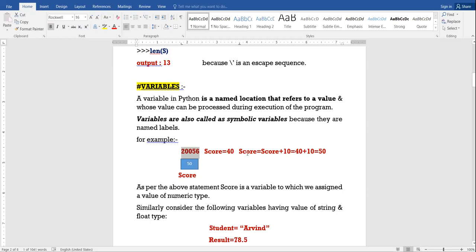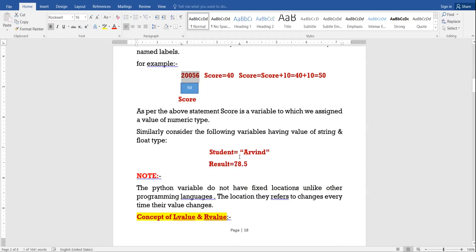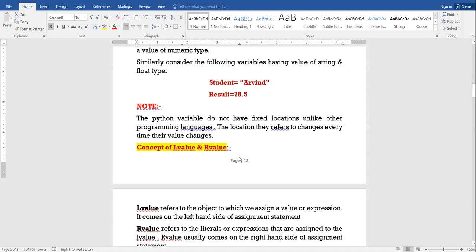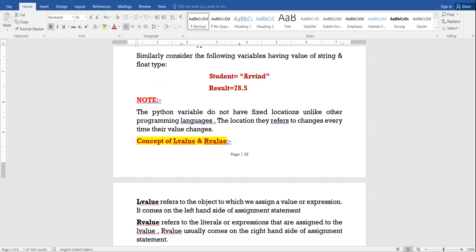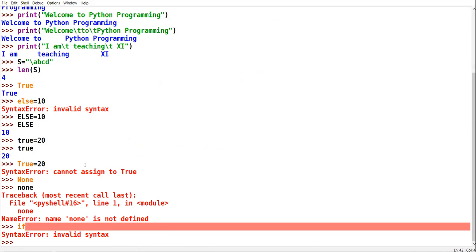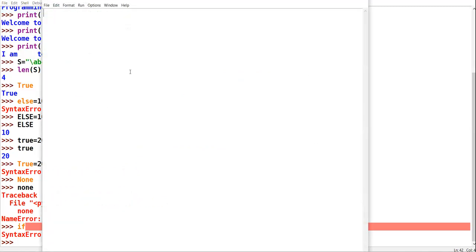Right? So, another concept in variables, the concept of R value and L value. I show by example here. See here. I have taken one variable x equal to 20. Right?